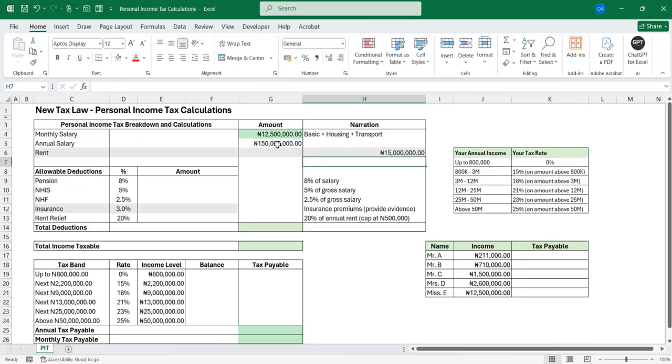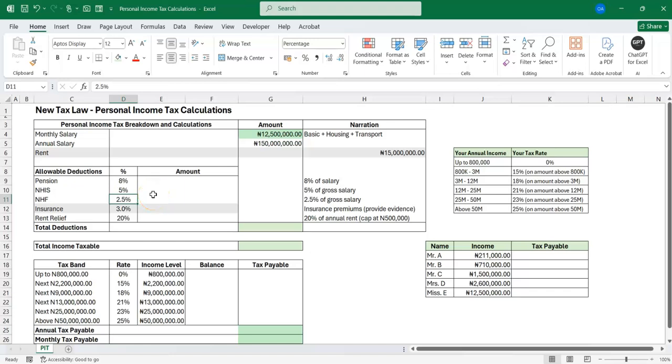Mrs. E pays about 15 million naira as rent annually. So let's just go. Now this is what she pays annually, and these are the allowable deductibles, the relief that you get under the new tax law. Pension to be 8%, NHIS, assuming you subscribe to it, assuming your organization subscribes to it, 5%, NHF, that's the